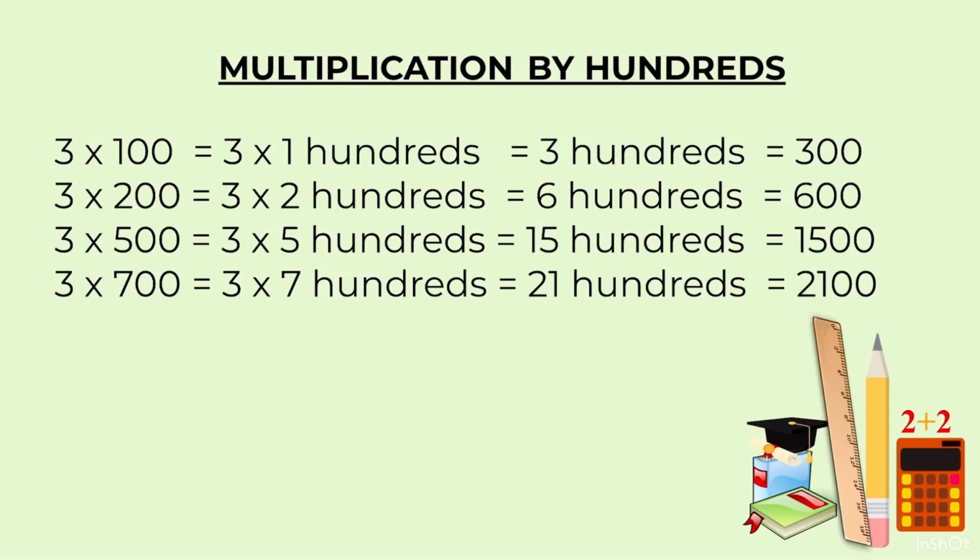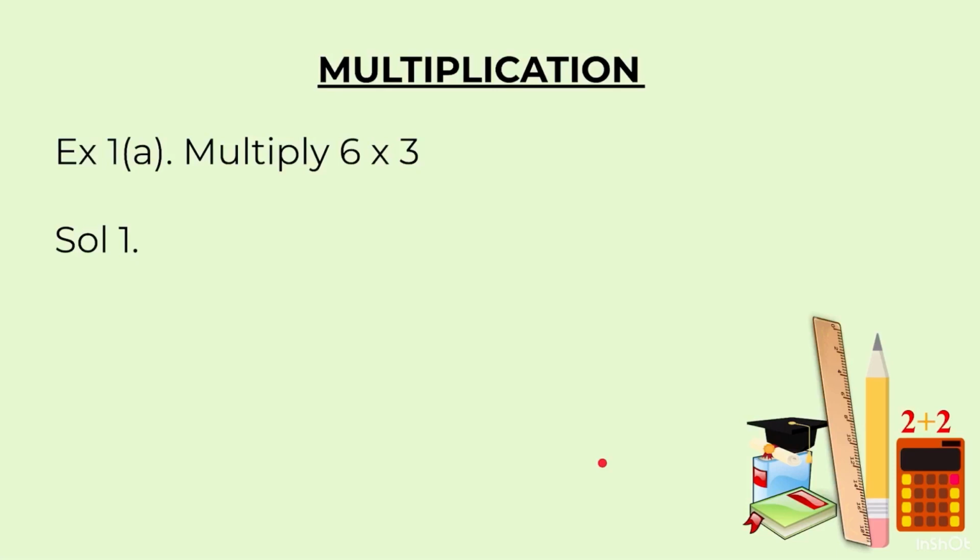Now here again I will repeat the same thing. When we are faced with a problem where we have to multiply by hundreds, we will keep the 2 zeros aside, multiply the remaining digits like 3 and 7. When we multiply 3 into 7, we get 21 and these 2 zeros will get attached at the end after 21 and we get the answer as 2100. Now this was for the understanding part. Now let us look at how you will attempt questions in the notebook.